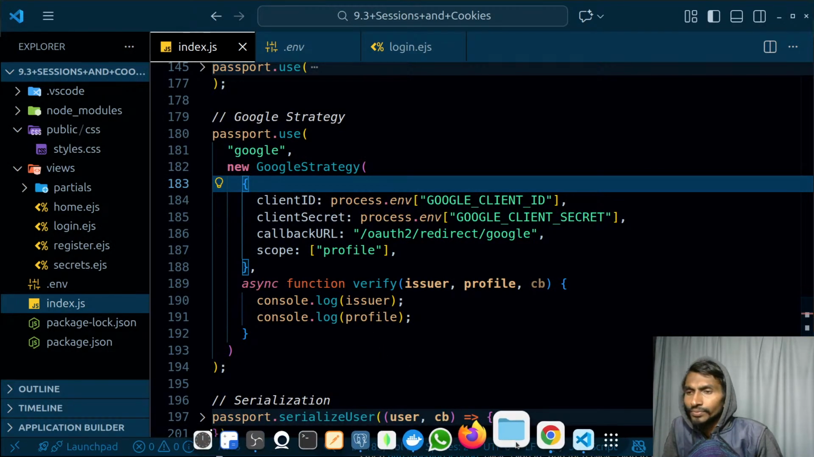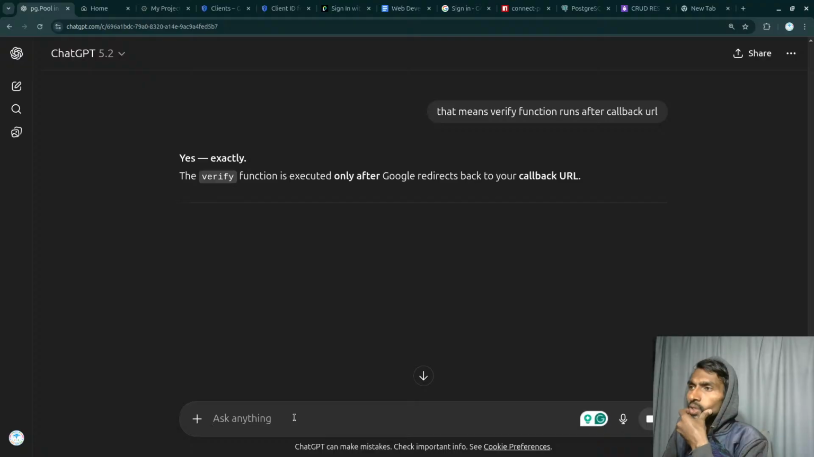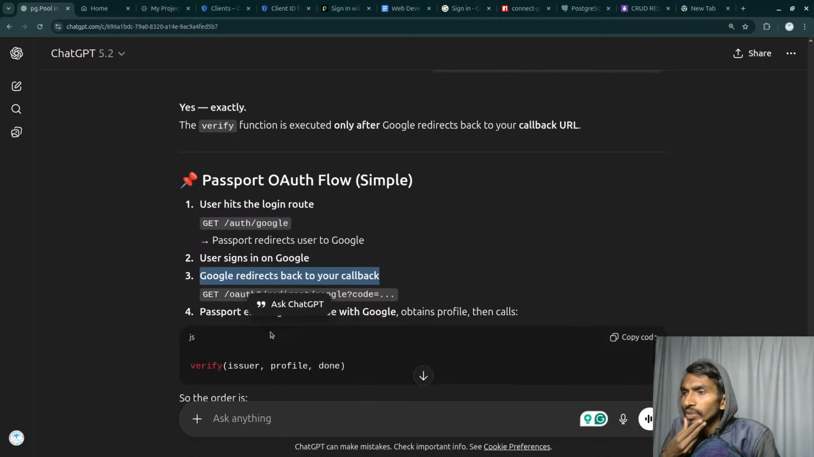That simply means that verify function runs after the callback URL. Yes, exactly. The verify function is used only after Google redirects back to your callback URL. User hits the login route, auth Google, passport redirects the user to Google, user signs in on Google, Google redirects back to your callback, this particular callback, passport exchanges the code with Google, obtains the profile, and then